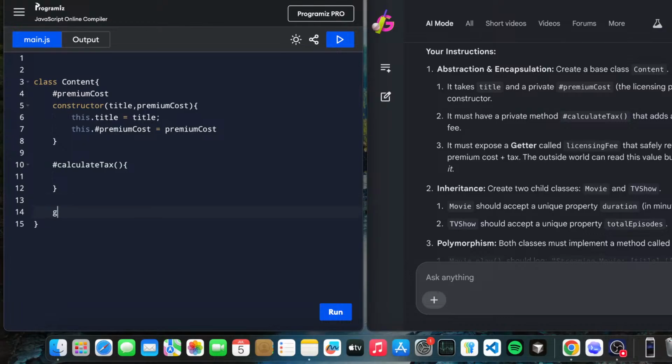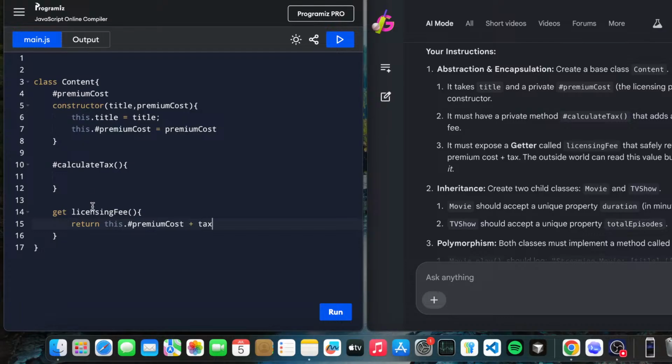Okay, get licensing fee. We got a licensing fee, and it safely returns the premium cost plus tax. Premium cost plus tax: return this.#premiumCost plus tax.